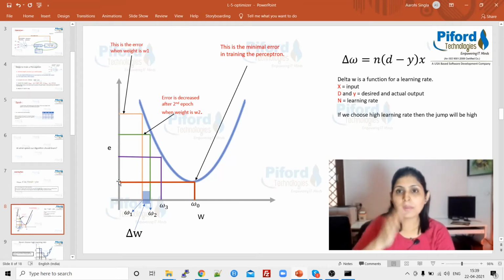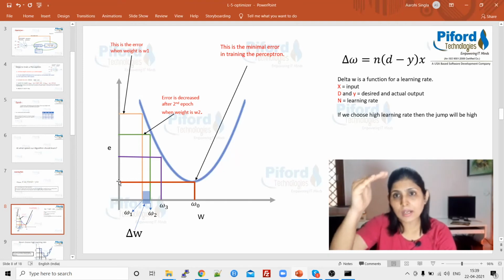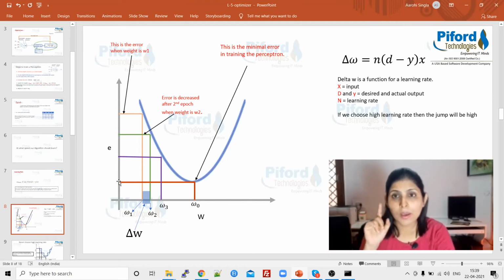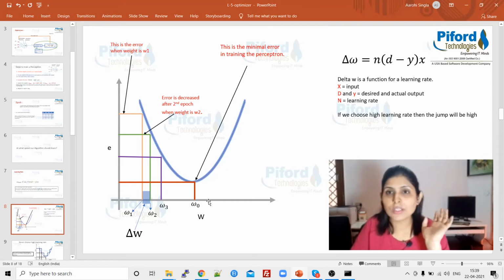I'm increasing the weights and the error is decreasing. But after a certain point, that point is this. After that point, if you increase the weight value, let's suppose I have again changed the weight value, this time to 5.